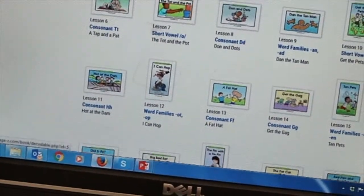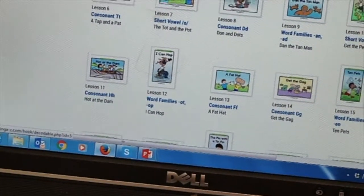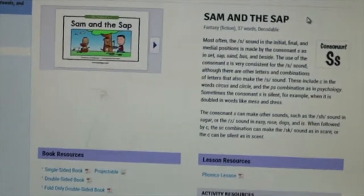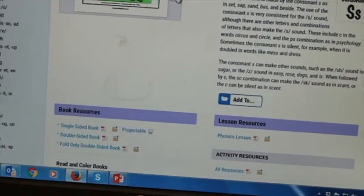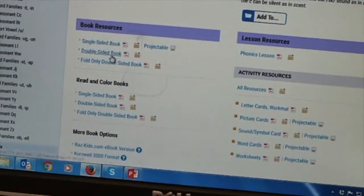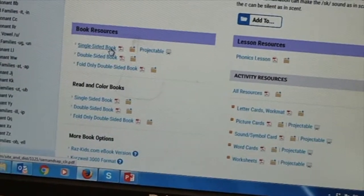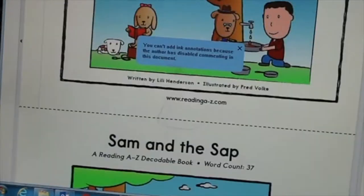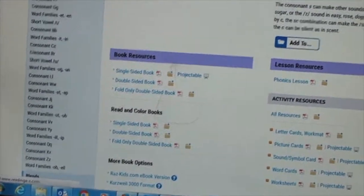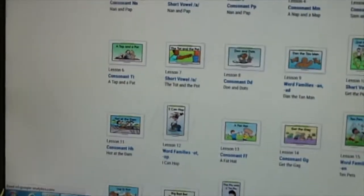I know this one, and I know we are using the consonant S a lot in our spelling this week, so you can preview it, but I already know this one, so I'm going to print it. So I'm going to go ahead and do that one. Pull that down for right now. So that's one. I will do that one with my one group, and then I need something that's a little bit more complex than that